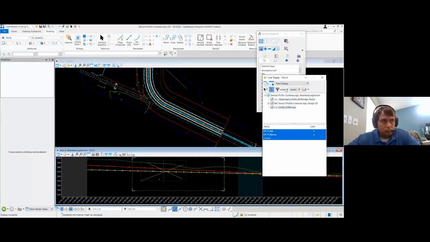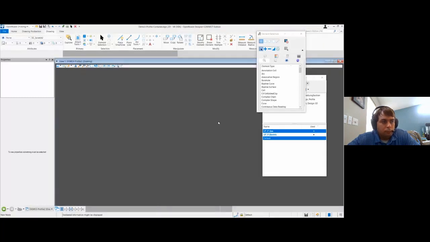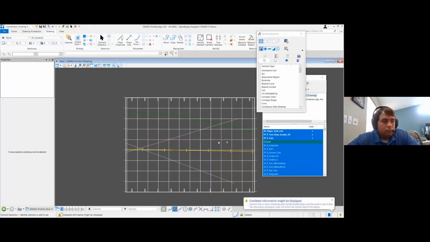So I'll turn these back on in the view. And then I'll change myself to global display. And I'll turn off the ground line and then turn off electrical, save settings. And now I'll jump over to that drawing model. And now you see those levels updated.